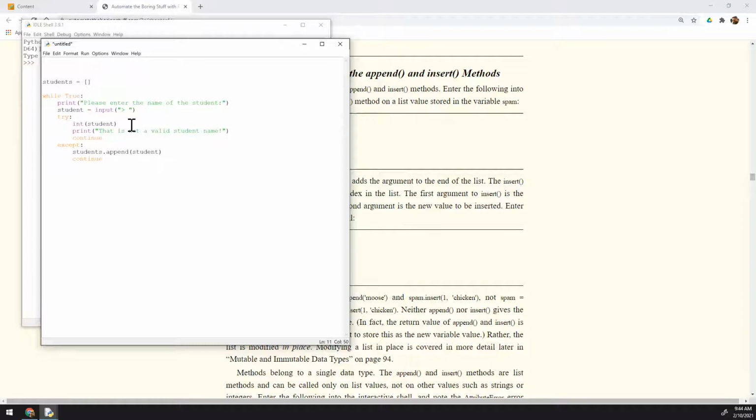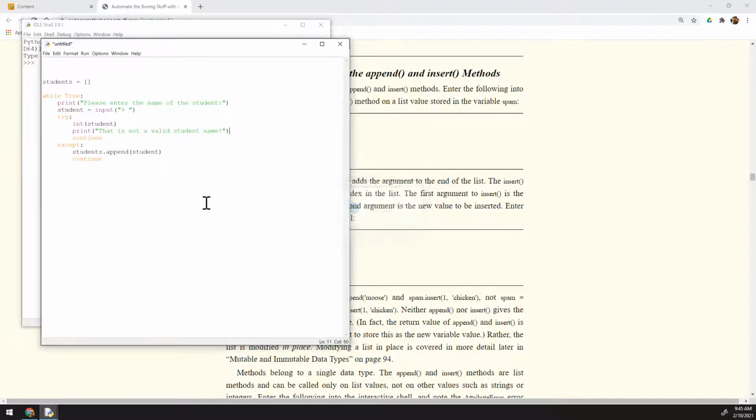So we're going to print and tell them it's not a valid name, and then continue the loop. In other words, start it back all over again. If it does an exception because we can't convert whatever they typed into a number, then on that except, we're going to go ahead and append that to our students list, and then we're going to continue and loop them back over. Now, we probably want a way out of this loop, but if we just run this for now,